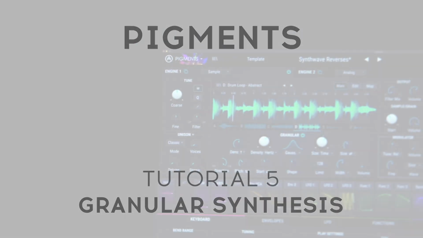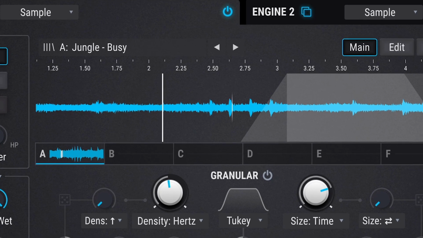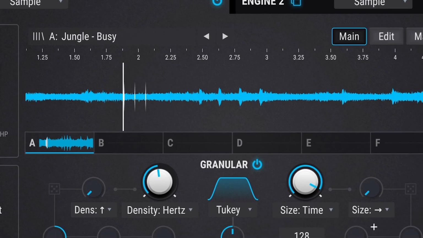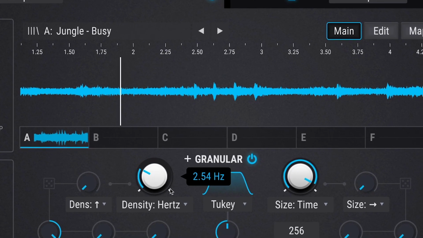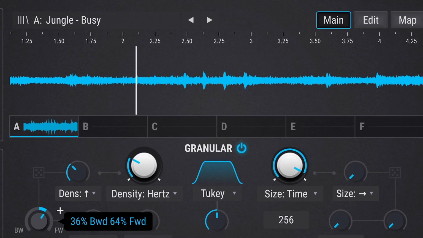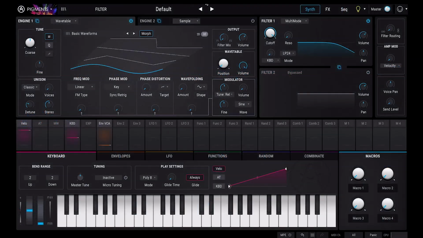Granular synthesis is a specific sound design method that's quite similar to sampling, but the samples are not played back in the regular way, but are instead split into small pieces called grains. They can be layered and played at different frequencies, directions and volumes, offering loads of different creative possibilities for you. Check out this quick example.